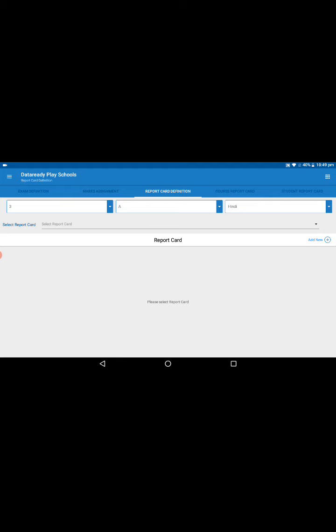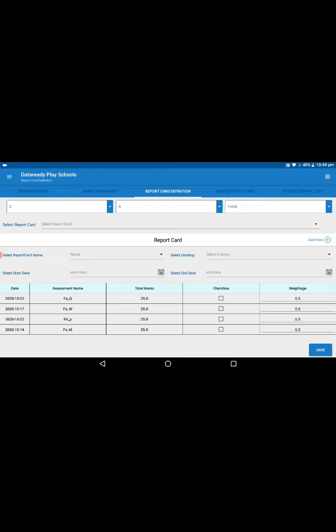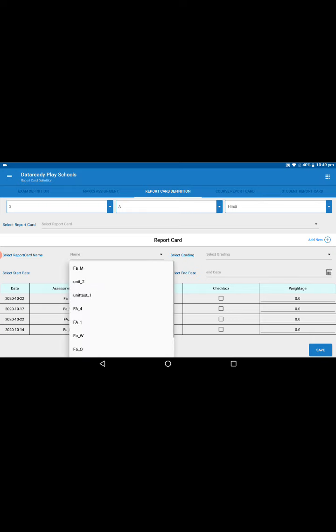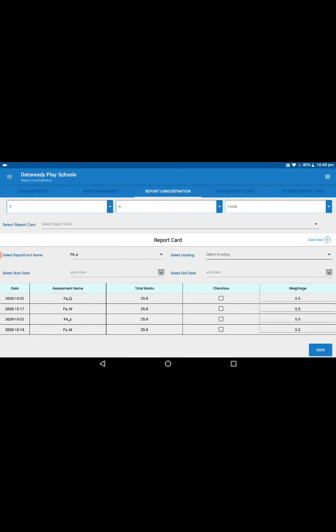So now click on the add new button so that here name FAP and grading grade 3, and starting date, let me take as today, and ending date also let me take as today. And here you can see the assessment names, and these are already previously created for 3A.